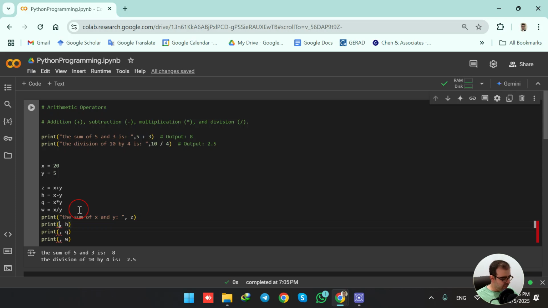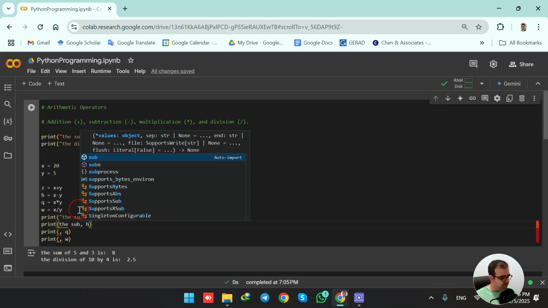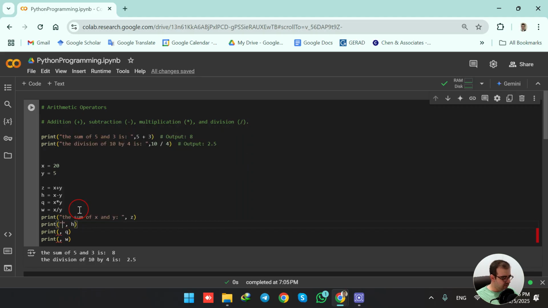I forgot the code. The subtraction of x and y, the multiplication of x and y, and we could have it here, the division